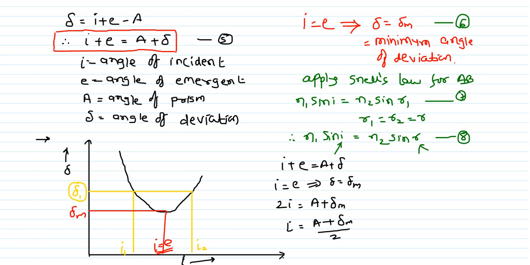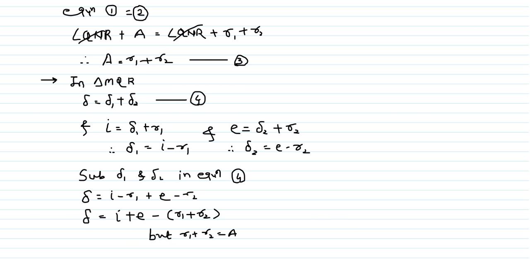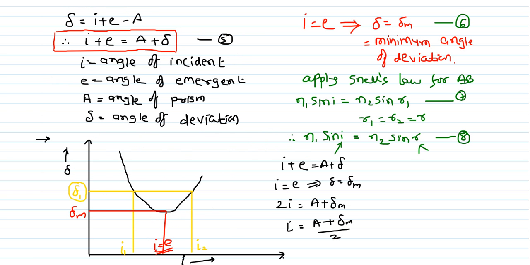Let's go, I will tell you another relation that we derived. That is, the relation in the third equation, that is A is equal to r1 plus r2. Now what you can say, r1 is equal to r2 is equal to r. Therefore A is equal to 2r, therefore r is equal to A by 2. So here you can say equations number 9 and 10. Okay, so here substitute 9, 10 in 8.